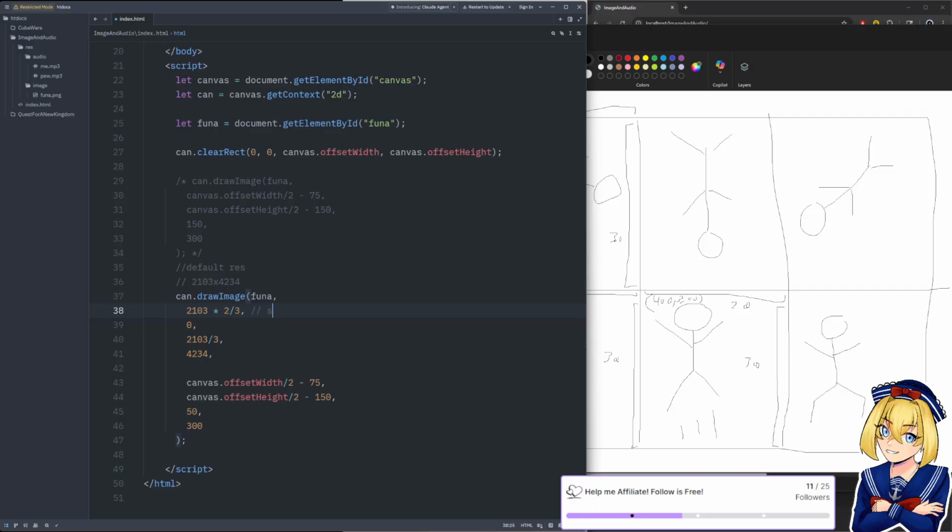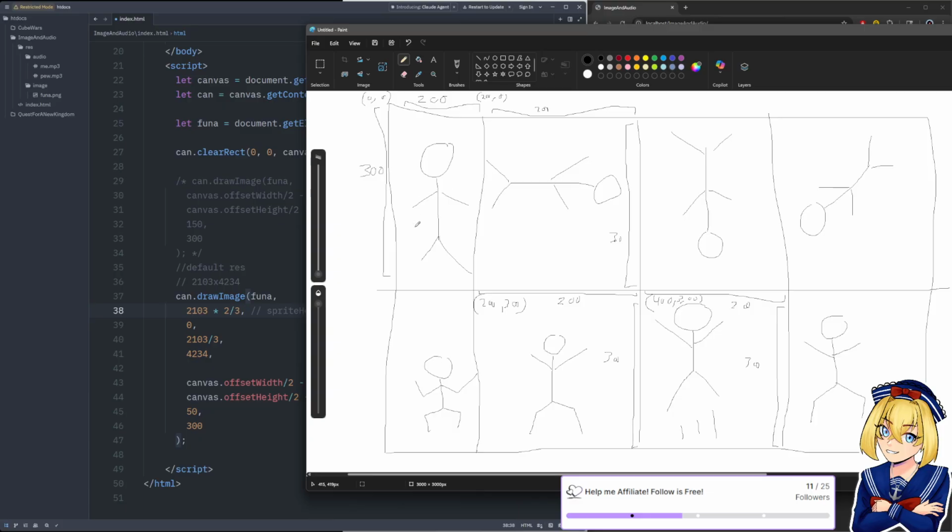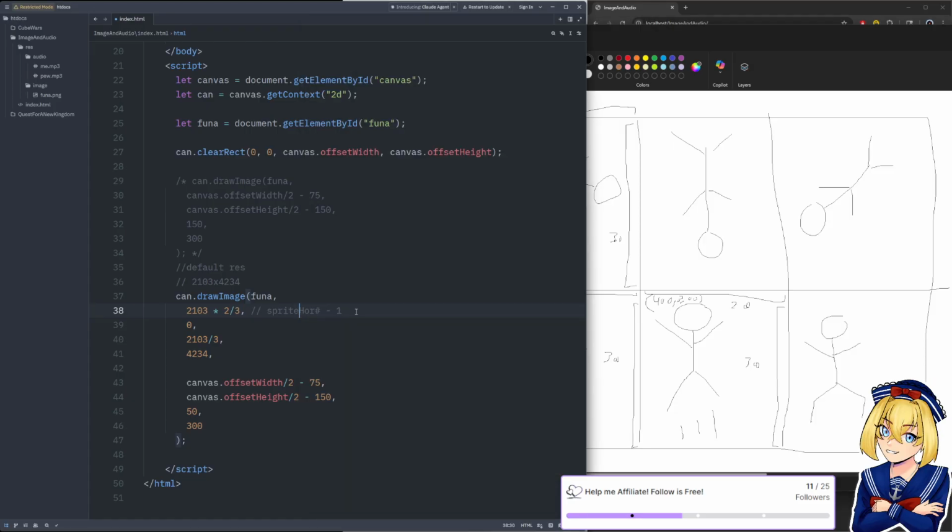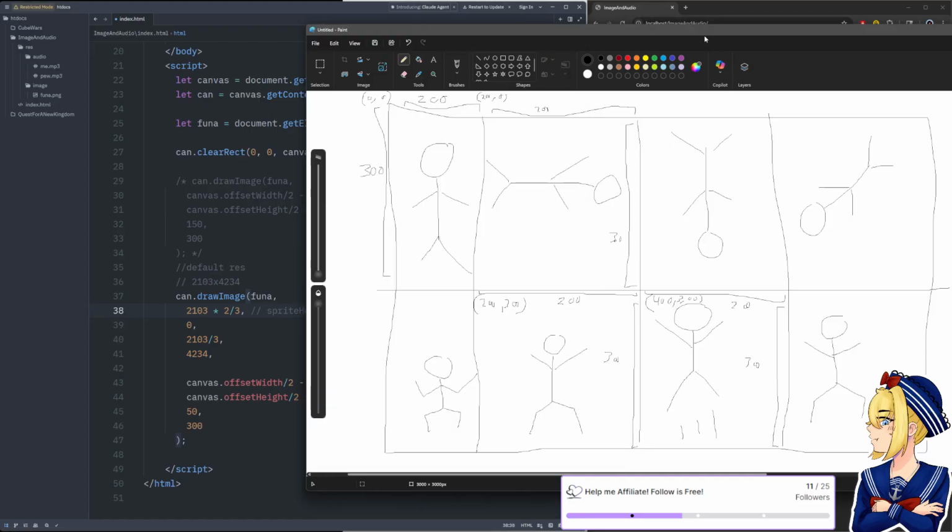So it's whatever sprite number you want horizontally, minus 1, because like we said, we're starting at 0. So if this is 1, then it's horizontal sprite 1 minus 1, which is 0. And that's going to give you your x.